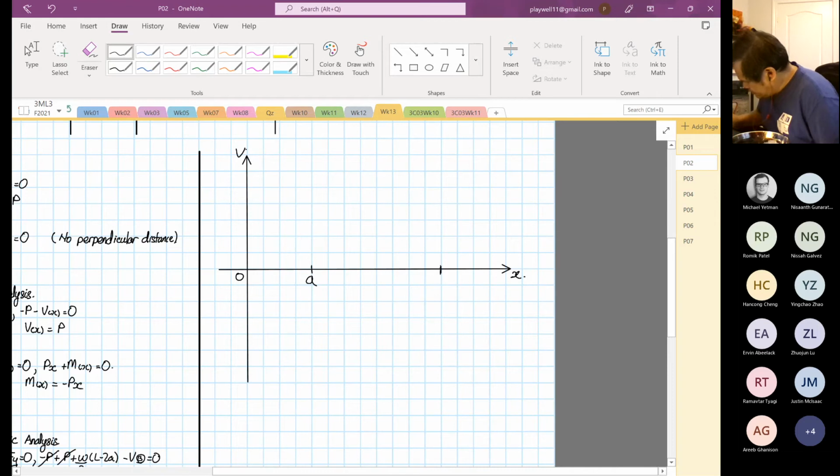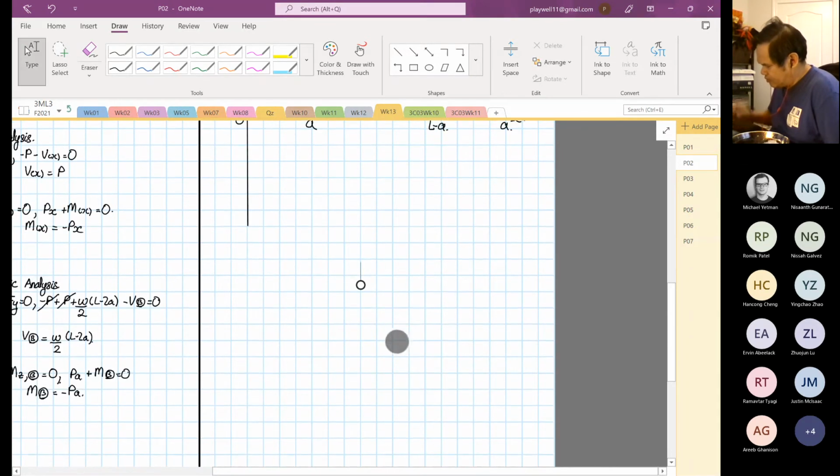Over here is our L minus A. And over here, exactly at the end, is our point A. Okay, so if I go into our moment diagram,